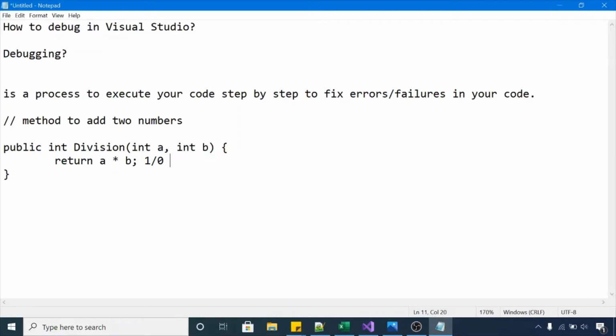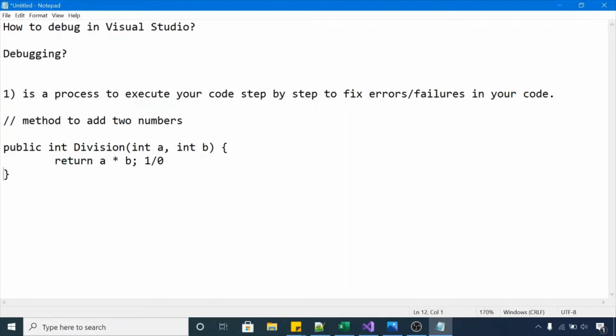In debugging, we will execute our code line by line, and we can see the values of these a and b variables at runtime. And if you want to modify any value at runtime, you can do that. Okay, now you can say debugging is a process to execute your code step by step to fix errors or failures in your code.